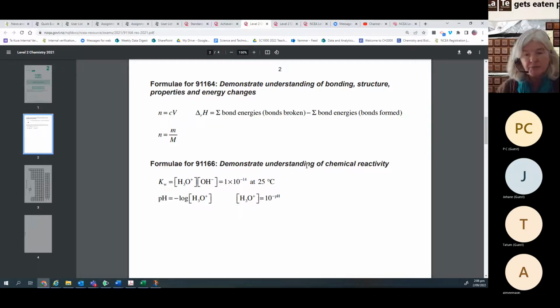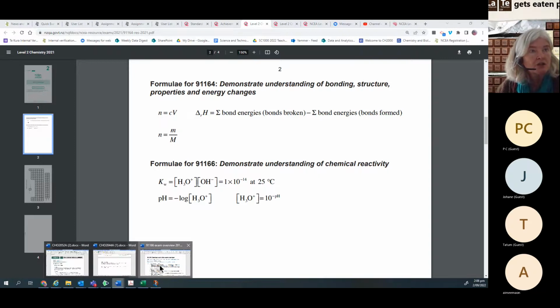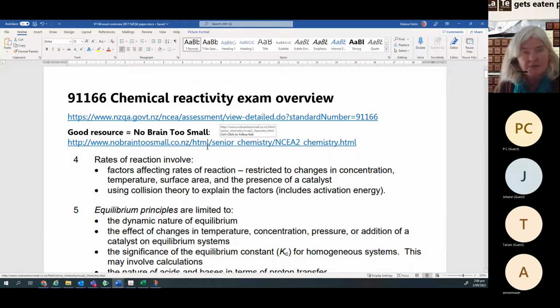So what we're going to do now for the rest of the time really is go through a past paper. But actually, before I do that, I am going to show you another tip that can help, and that's No Brain Too Small. If you're doing chemistry or physics, this is a really good website to go to. If I just click on No Brain Too Small,